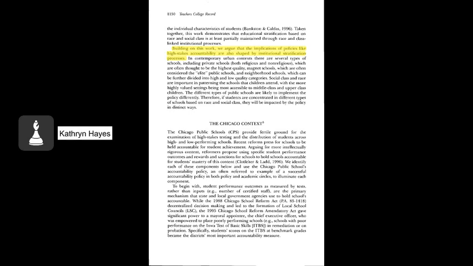So again, here's where this is an interesting model. They take that broad theory about stratification, educational stratification based on social stratification, which they just laid out, and they argue that the implications of policies like high-stakes accountability are shaped by this stratification process. And then they make their argument that there are several types of schools, elite and public and private and so on, and that the patterns that happen in these schools create certain concentrations. Okay,